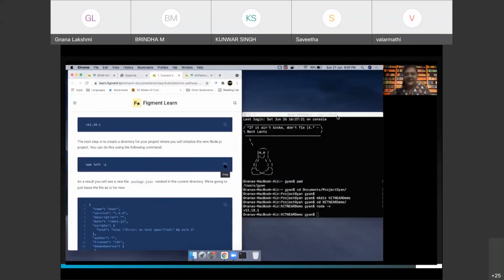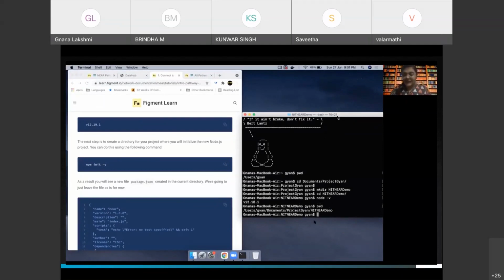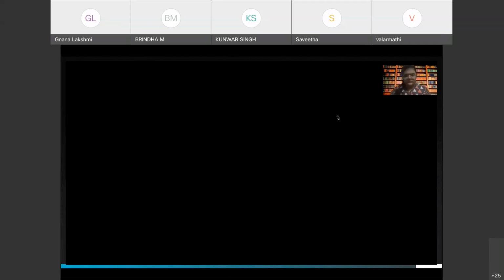We can use npm init -y for it. You can do this inside a parent directory that you have created, or this would also create a project directory for you. It's up to you. Since I will be using this for the entire demo, I have already created a directory called near demo.